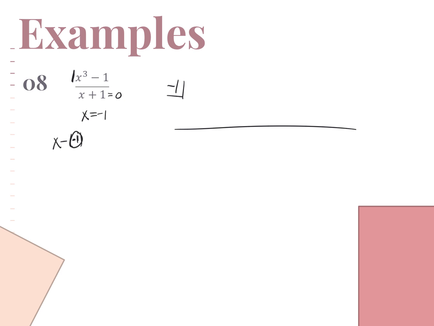So this is going to be a 1x to the third, right? And I'm not just going to go 1 with a minus 1 because that's what you see here, right? You need to account for all of your exponents, right? So remember, up top, this is an x to the third. We need a spot for an x squared, I need a spot for an x, and I need a spot for the constant. If I don't see an x squared, I just need to have a 0 there as a placeholder, because if you